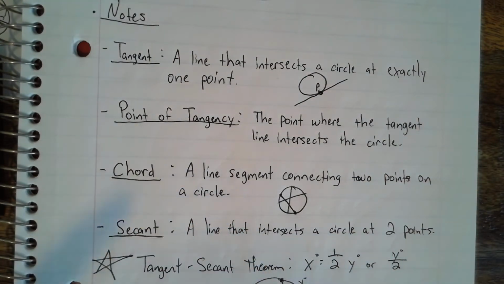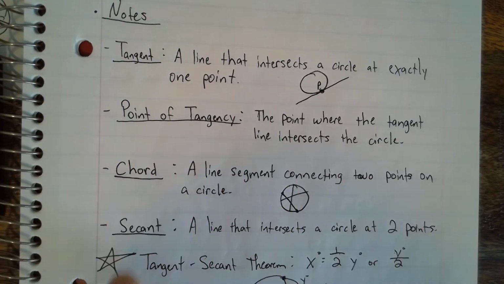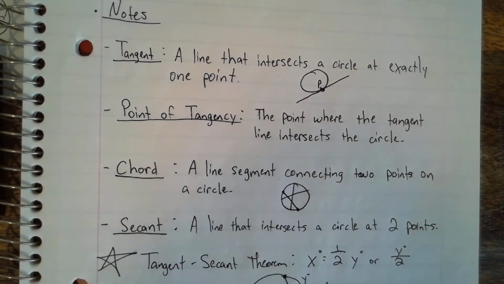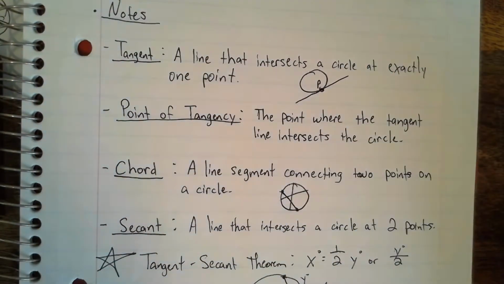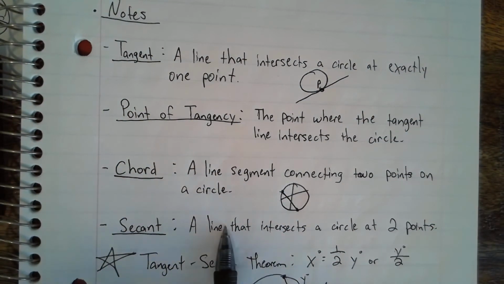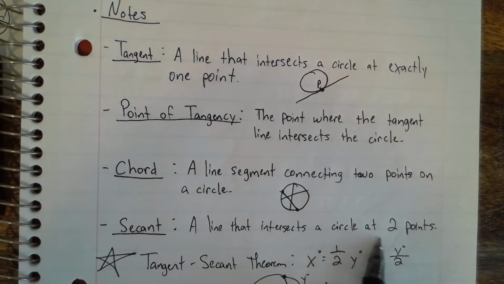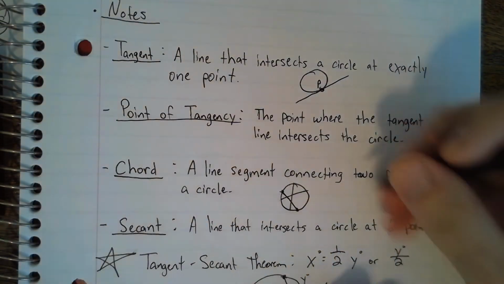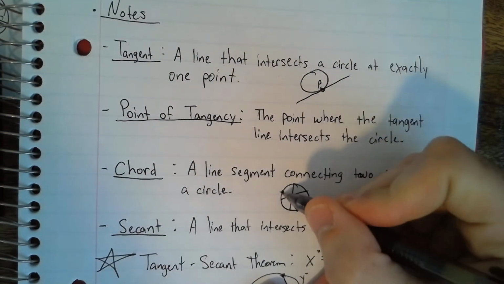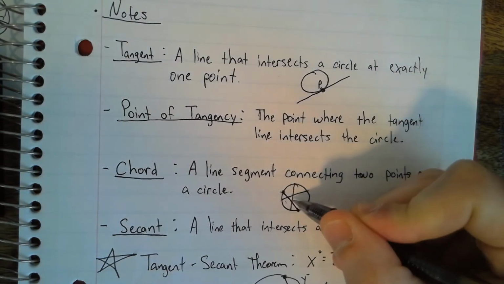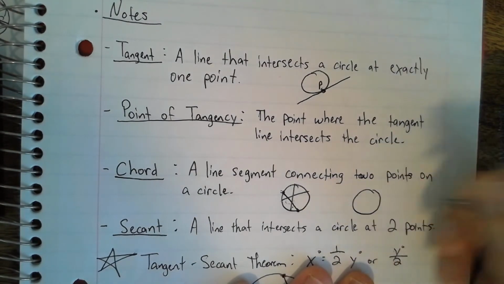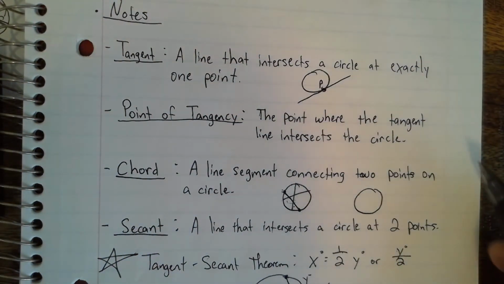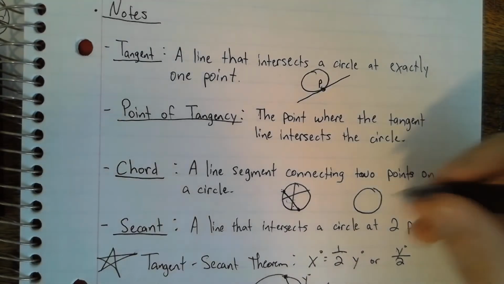And then very closely related to a chord is a secant. A chord is just a line segment, meaning it starts here and it stops here. A secant line is a line that intersects the circle at two points. These are examples of chords because they start and stop inside the circle. A secant line would just be, and again, the way I think it'd be easiest to remember a secant line